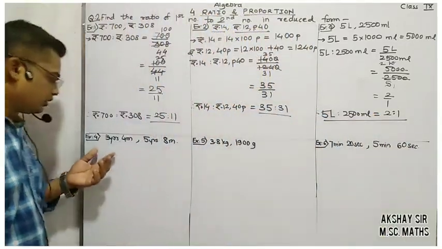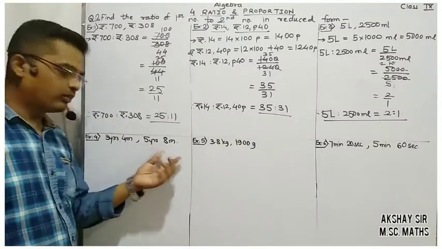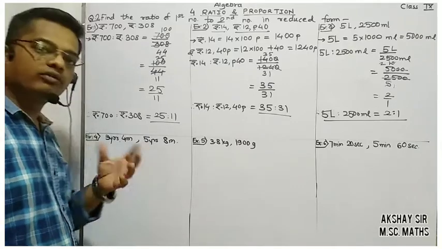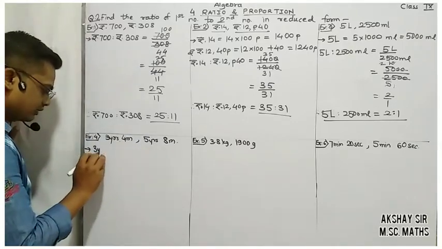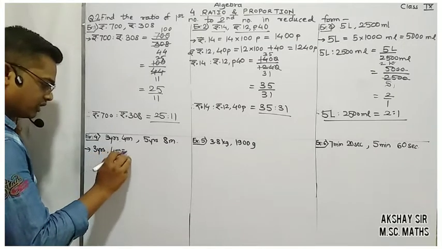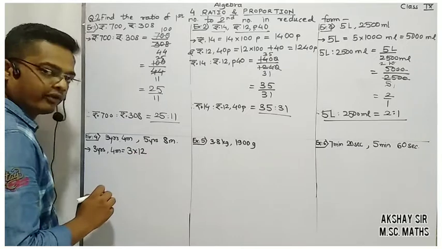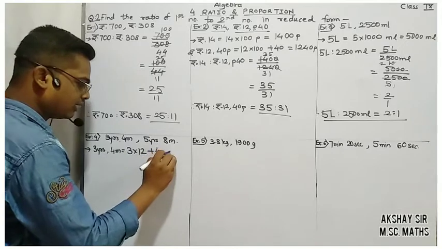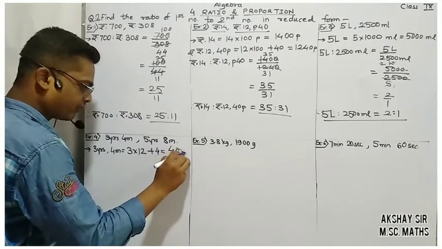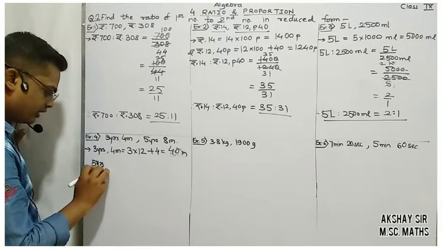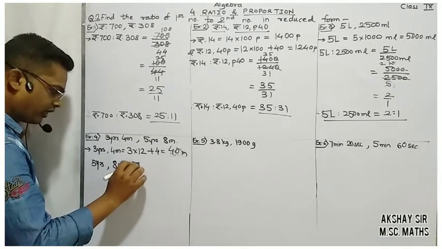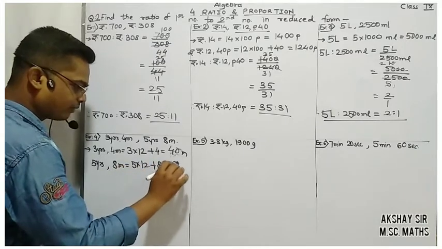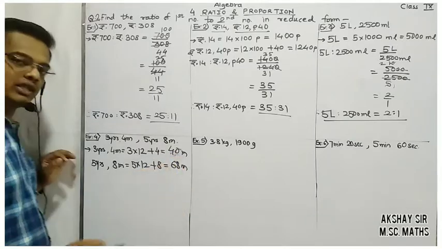Okay. Next one, 3 years 4 months and 5 years 8 months. So छोटी quantity unit क्या है? Months. So years और months में छोटा month है, we convert all of this calculation into months. So 3 years and 4 months is equal to 3 years मतलब 3 into 12. एक साल में 12 months होते हैं, and plus this 4. So it will be 3 twelves are 36. 36 plus 4 is 40. So here 40 months. And next 5 years and 8 months is equal to 5 into 12 plus 8. So 5 into 12 is 60. 60 plus 8 is 68 months. So पूरा calculation अभी months में, that is same unit में आ गया.